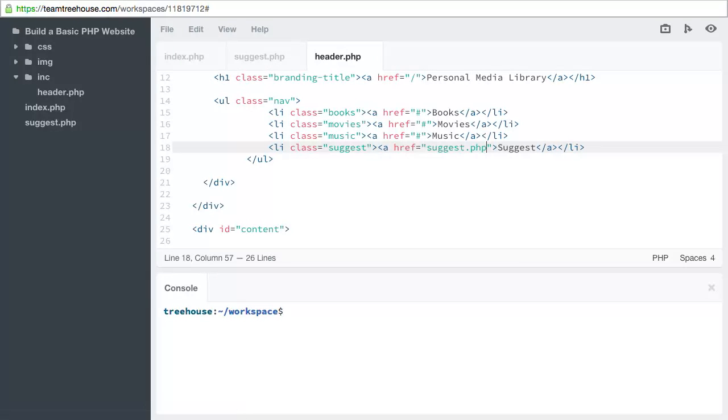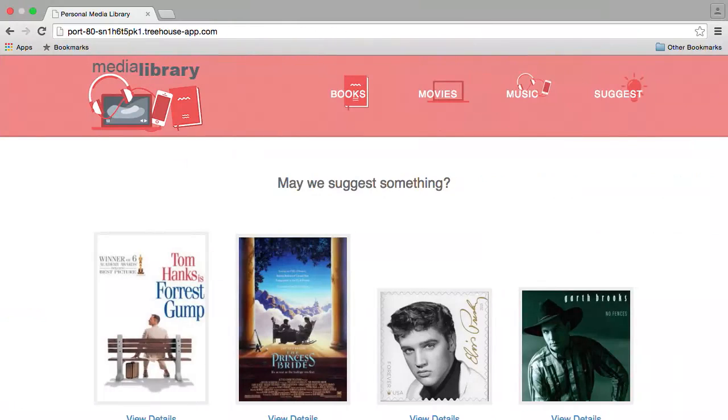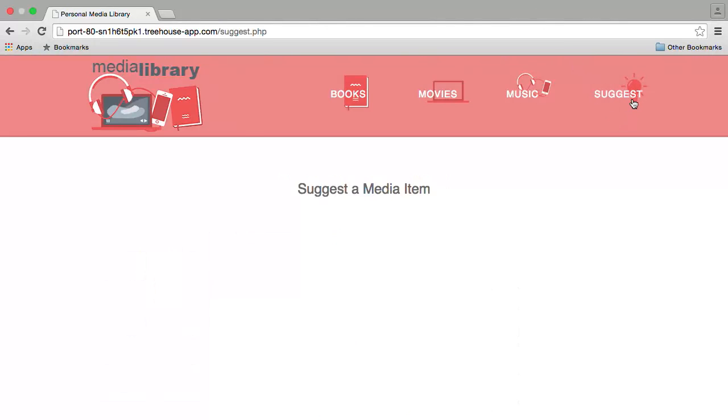Then we'll switch back over to the browser. When we refresh the home page, the page should look the same. But now we're using 2 PHP files to generate the HTML for this instead of just one. The final HTML sent to the browser is the same. We can now click the link here to navigate to the Suggest page. When the Suggest page loads, you'll see the same menu as the home page, included from header.php,